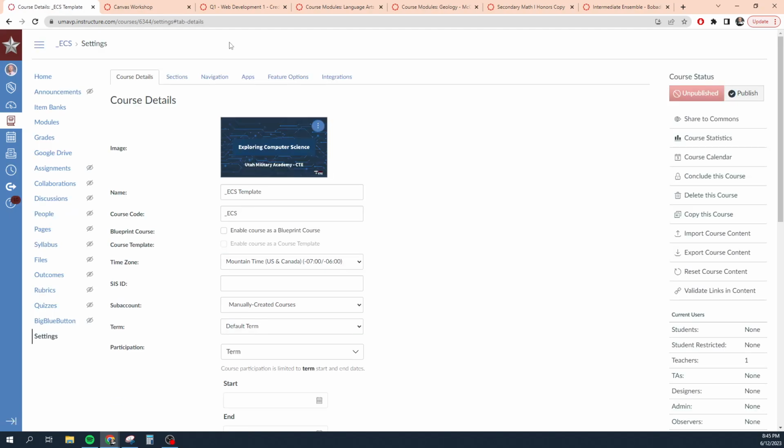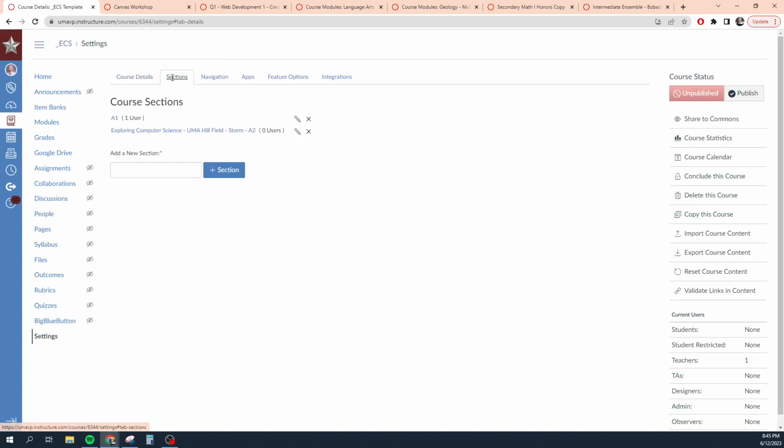So sections and groups are different. Sections are for the different class periods, so you don't have to have separate Canvas courses for every class period you're teaching if the content is the same. Now, sections also makes it easy, because let's say I have one class on B day and one class on A day. I can go into my assignments,